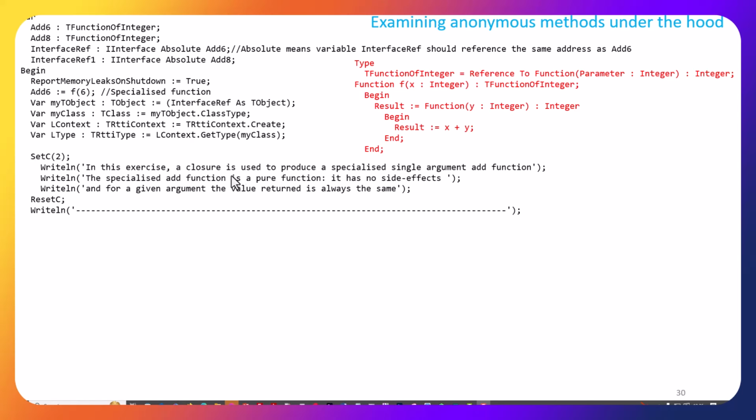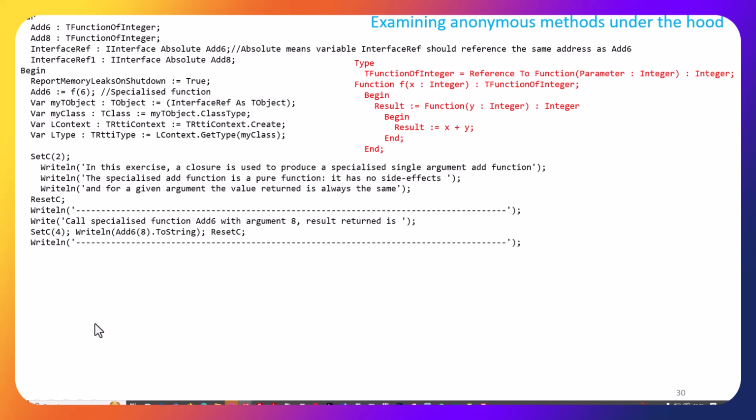In this exercise, a closure is used to produce a specialized single argument add function. The specialized add function is a pure function. It has no side effects, and for a given argument, the value returned is always the same. Okay, so we're then going to call add6 with argument 8. So remember, add6 is a specialized function. It's a partial function that will add 6 to whatever it's supplied with. In this case 8, so that should be 14, and then I'm going to write it out as a string